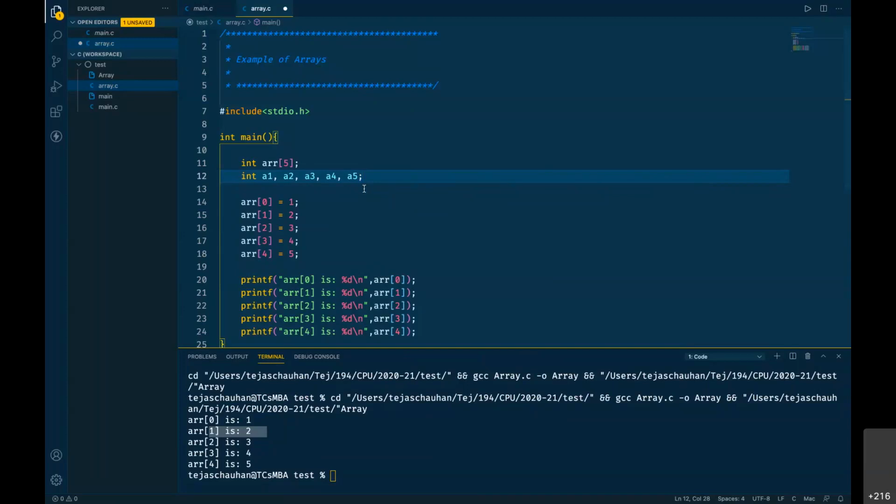Then it is very difficult to declare 20 variables, correct? And even to remember those variable names, because variable names must be unique. That's where it becomes a tedious task, and that's where an array comes to our help. We can use an array variable which can have 20 elements inside, and we have only one variable name, ARR, just like this one.